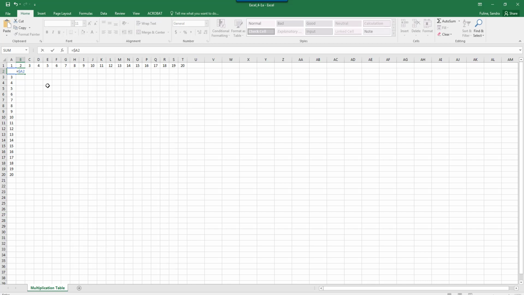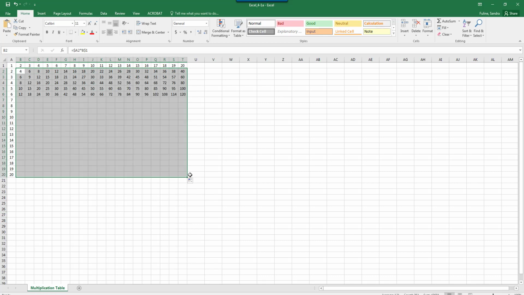Then we're looking to multiply this, so you're going to times it, so Shift 8, and you're going to multiply it by B1, and you are going to hit F4 2 times after B1 in order for the column to move and not the row. Once you hit enter and the formula is in, you can grab the bottom right hand corner of B2, drag it over to T2, then grab the bottom right hand corner of T2 and drag it down through